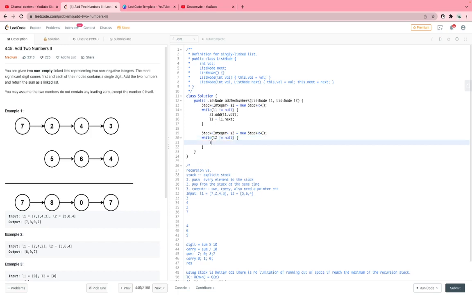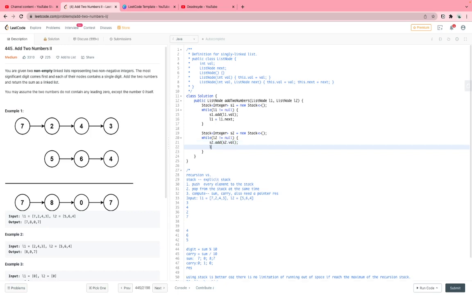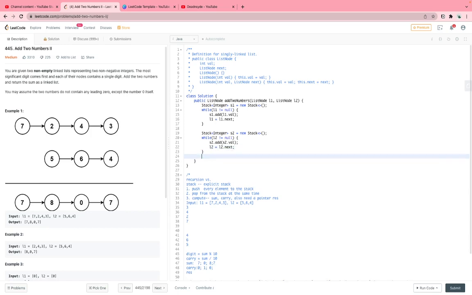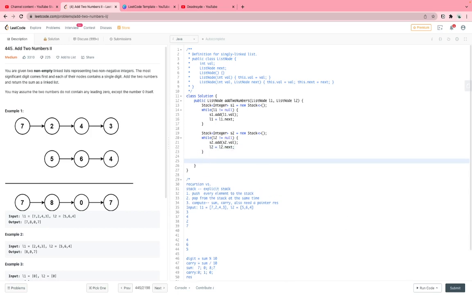We do s2.add the L2 value to the stack, and then L2 equals L2.next. So we move to the next value of L2. Basically, we push all the values to the stack, and then we do